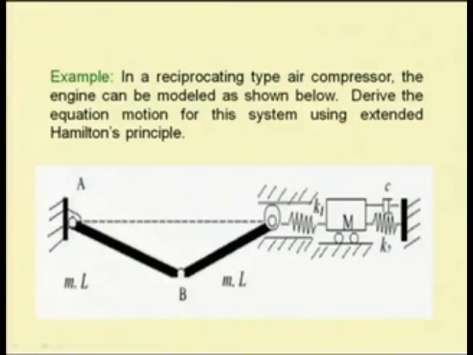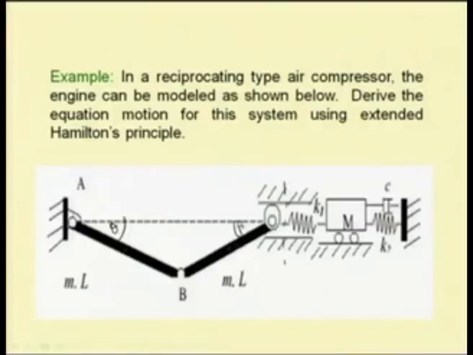In this case, up to this point, if you consider this a spring mass damper, this is a slider crank mechanism, which is a single degree of freedom system. You can represent its motion by using this angle theta. If I consider this angle theta and this angle beta, I can write the position vector of all these points.